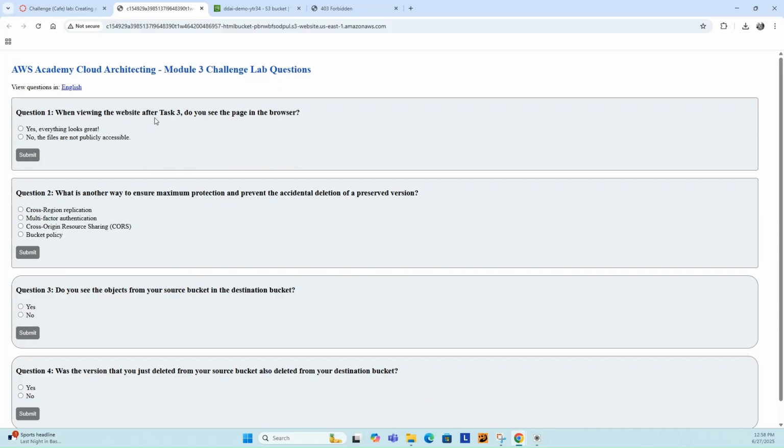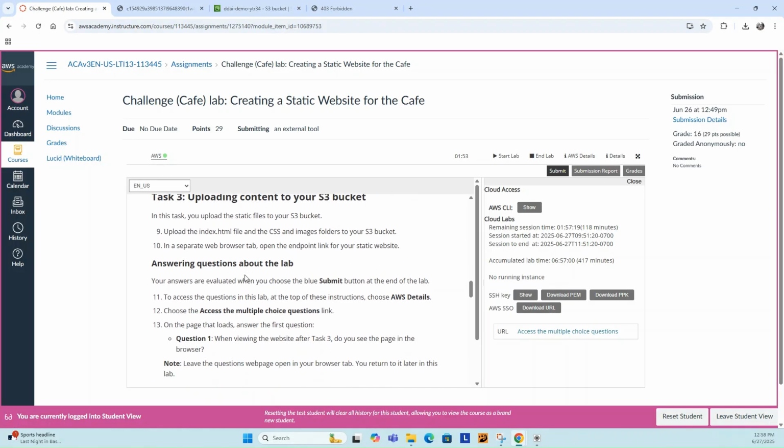When viewing the website after task 3, do you see the page in the browser? No, because the page is still not publicly accessible because there's no bucket policy created yet. So select that, click on Submit. Hit the back button, and then move on to the next step,